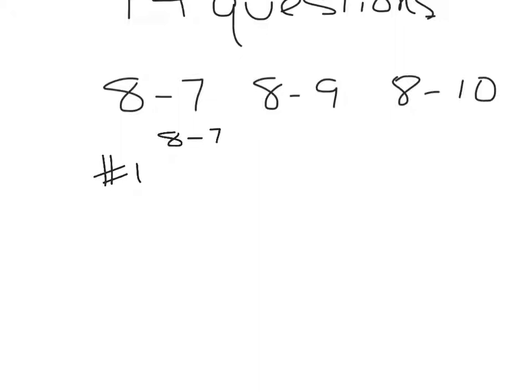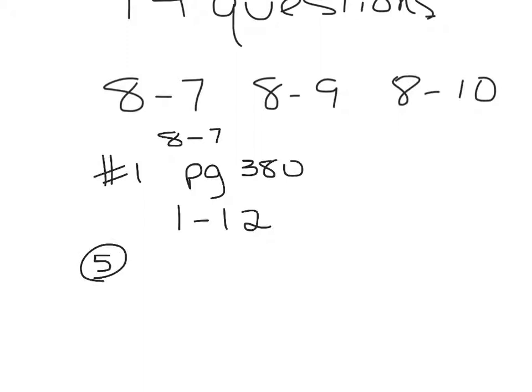So when you did the homework from page 380, the first question on your test is going to be like the homework you did on numbers 1 through 12, where I'm going to give you an equation or a function, and then I'm going to give you a set domain, and you're going to tell me the range values. So for example, if you did something like number 5, where it said G and a colon, and then it had A arrow